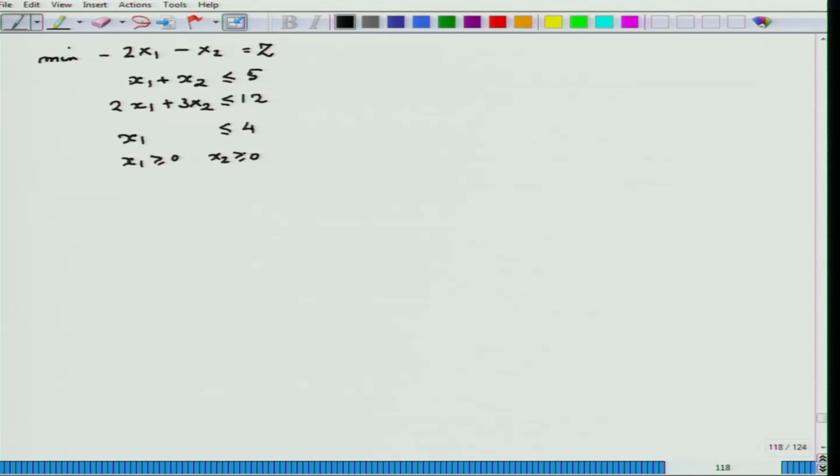So, in this case my f(x) is minus 2 x1 minus x2. So, grad of f(x) is (minus 2, minus 1). So, direction of steepest descent